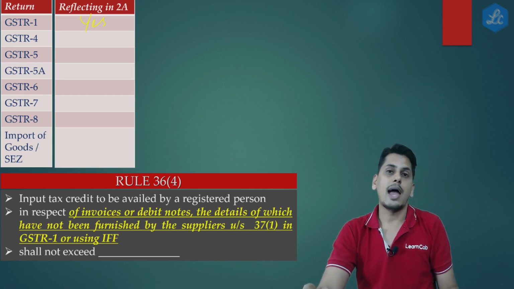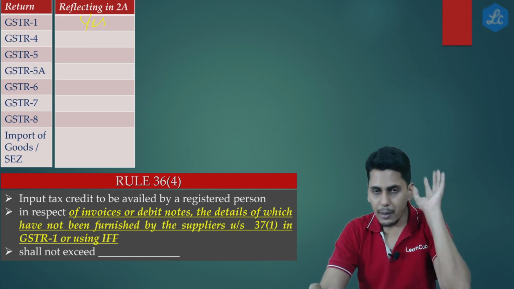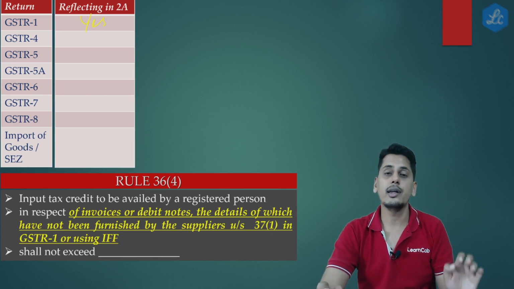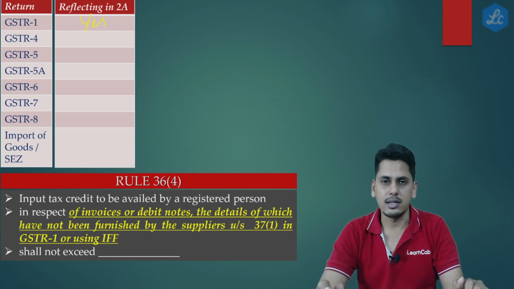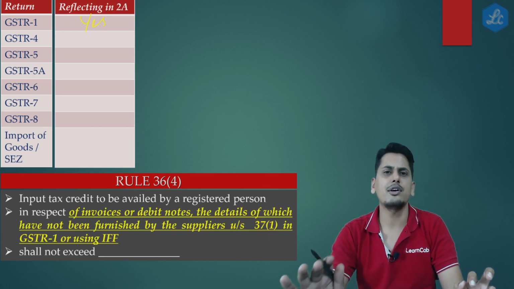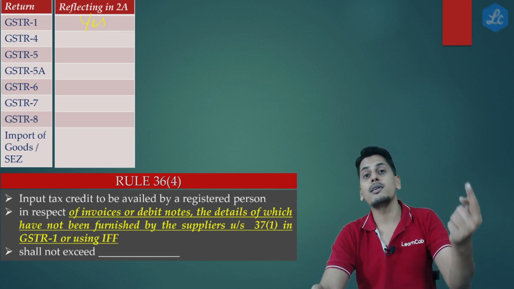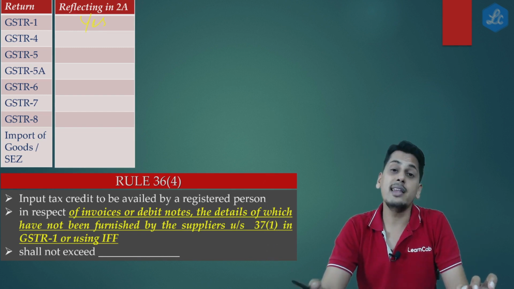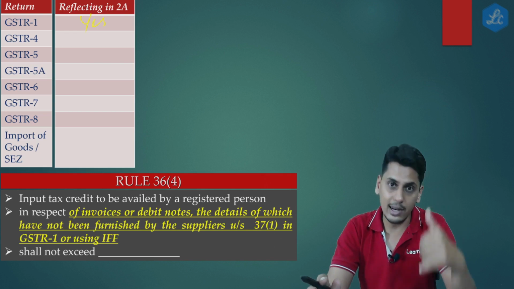Let's suppose I am the recipient. You are my supplier. You are a composition taxable person. You are going to file GSTR 4. Is it going to reflect in my 2A? The answer is no. It doesn't make any sense because, first of all, I cannot take credit for